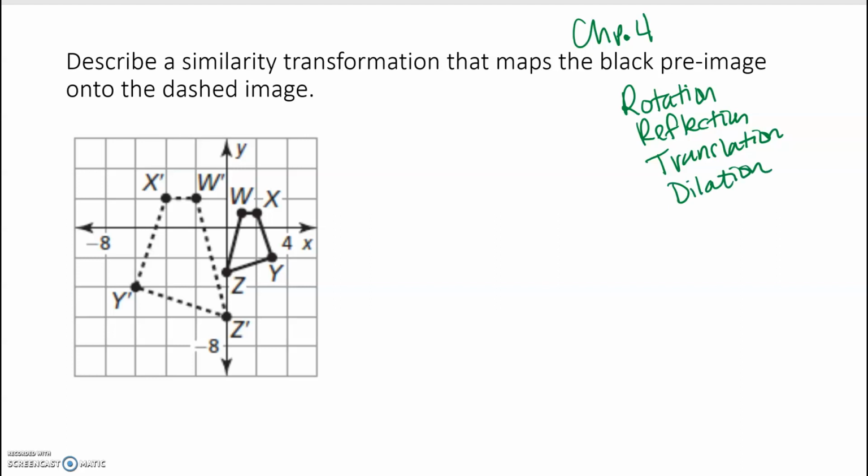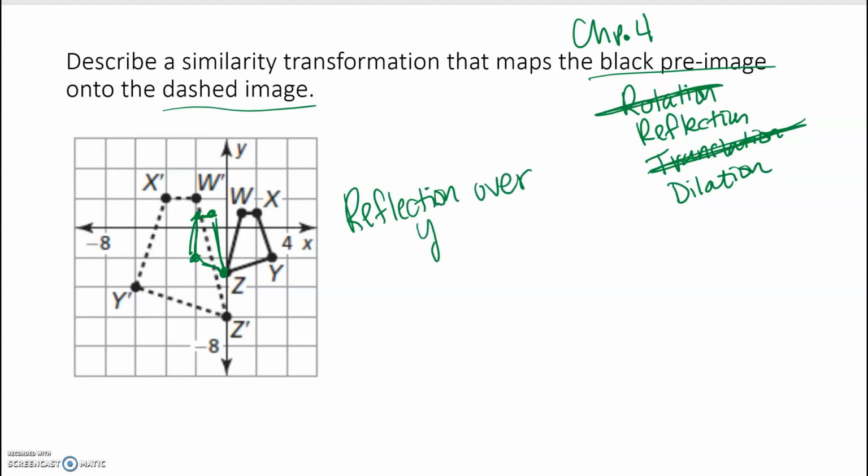Okay. So the first thing I'm going to look for is, did I rotate my shape? How do I get from the black pre-image to the dashed image? So it looks like I did not rotate my shape over. So I don't have a rotation. I didn't take it and just move it. So that's not a translation. So I'm looking at, is it a reflection? So if I took this and I reflected it over, I would end up with something that looks like this. Now to me that looks pretty close, just the size is a little bit wrong. So I'm going to go ahead and say this is a reflection